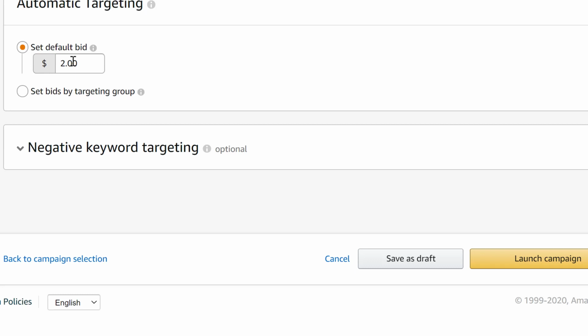If you're getting an ACoS that's astronomical for a new product, you're going to expect some losses up front for new products because new products, you have no reviews. Your review rate is basically 0 when you have a new product, right? So you have to get the ball moving. You have to start getting some sales into your product. And your reviews are going to come in and your conversion rate is going to go up gradually. You're going to notice that your auto campaign is going to perform better over time, assuming that you're getting decent